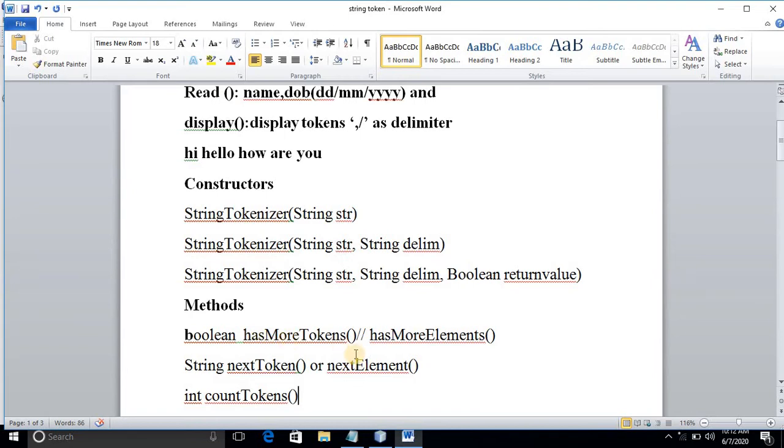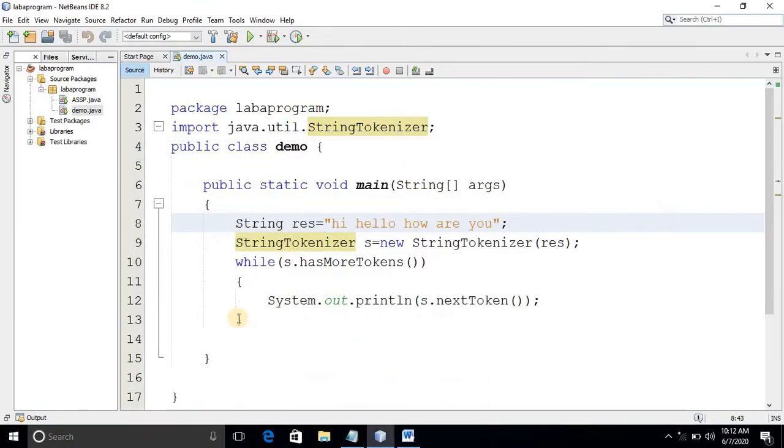Now hasMoreTokens will return true when it has tokens. For example, initially the pointer points to before the first token. HasMoreTokens will check whether it has tokens. Initially it has tokens, yes, so it will return true. After retrieving hi, it will check whether it has any other tokens. Now the pointer will be pointing to hi.